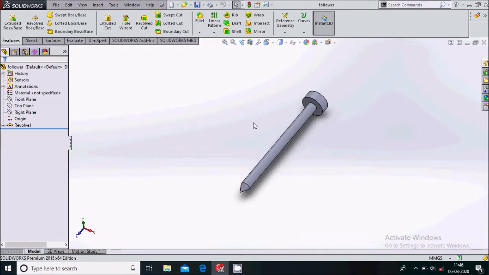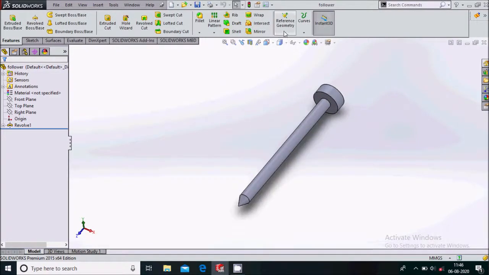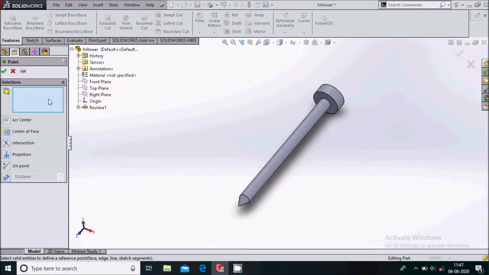So here what we'll do, we'll just go to the reference geometry and we'll add a point over here. So select the point and select here top plane and select this point. Sorry.